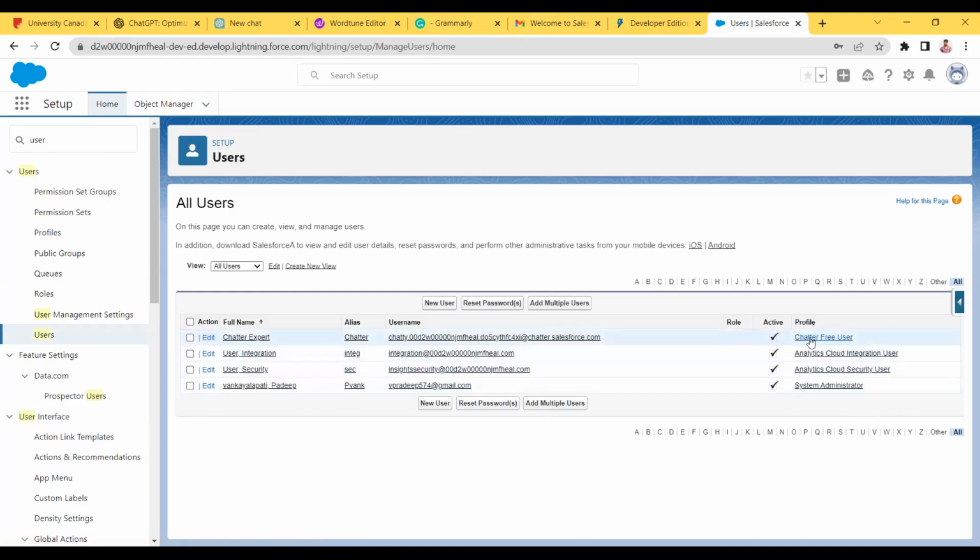As you can see, one is chatter. Another two are based on analytics, integration user and security user for the cloud. So these are again created by Salesforce. For other profiles, these will have a different set of permissions, but these are not super users. They are below it, basically, as simple as that. This is specifically for chatting purposes. This is specifically for AI, which is artificial intelligence. There will be other things which are already there.